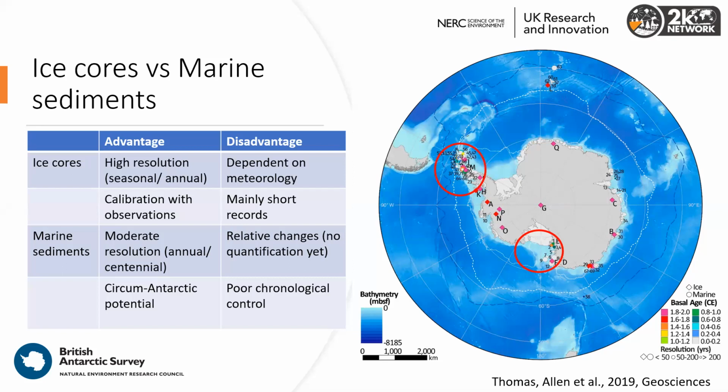First of all, going through some of the advantages and disadvantages of using the two archives. So ice cores are normally very high resolution. This can be down to seasonal resolution, and this is great because it means that we can calibrate with the instrumental or the satellite records. However, the downside of a lot of the ice core records is that they're quite short. They're confined to the coastal regions, which means that they may only go back the last few decades